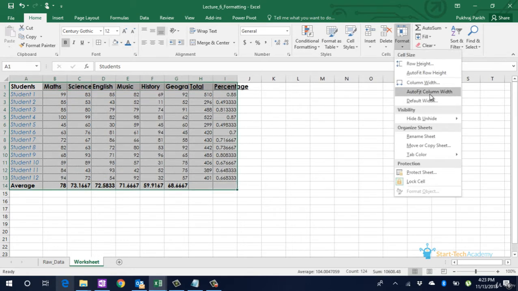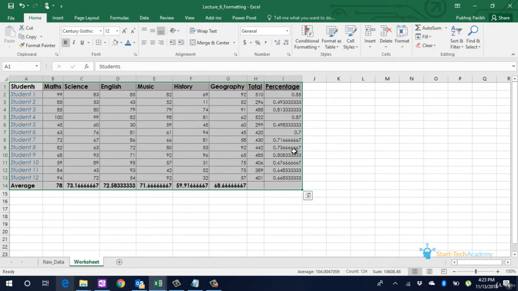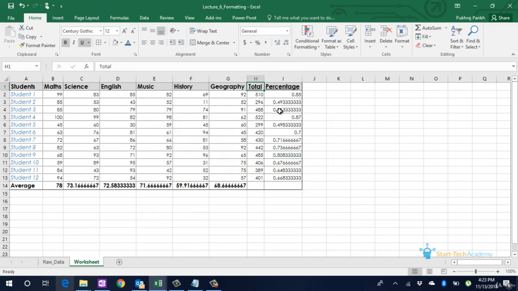To do this for all the rows and columns, select the whole table, go to the format option and select auto fit column width. We can see that it has fit all the data in each column basis the maximum characters in that column. We can see that total column is now very small, whereas the percentage column is very large.